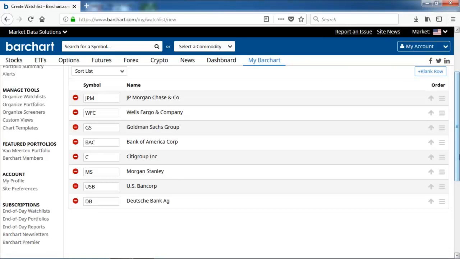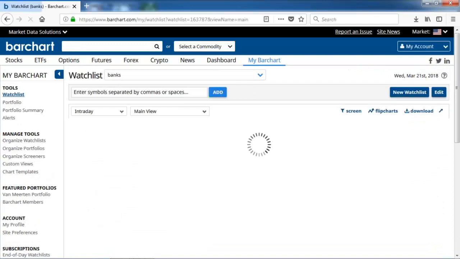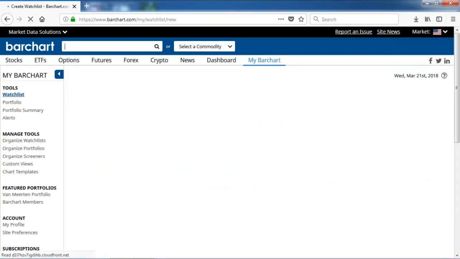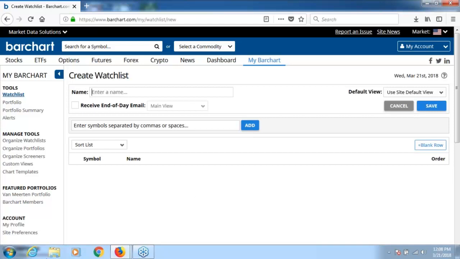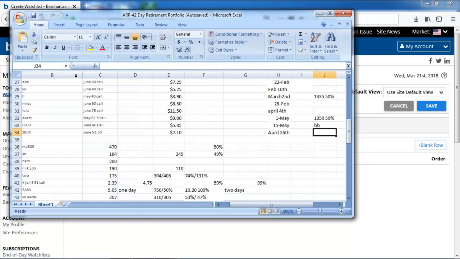But before we get there, let's show another way. Let's just save this. So this is saved as banks. We'll come back to that. But I wanted to show creating a new watch list. Maybe you have an Excel file or a Google file or a Yahoo file of a spreadsheet of stocks that you want to import and create a watch list here at Barchart. That's easy peasy. So let me just open up, I should have done this before we started, an Excel file, and I want to pull in some of these from a list,